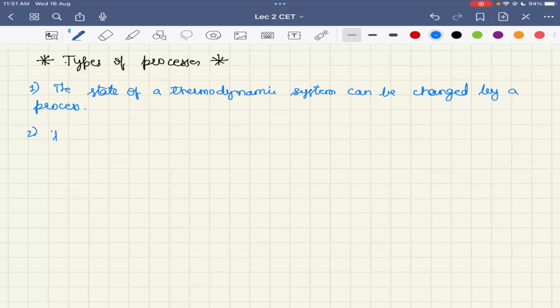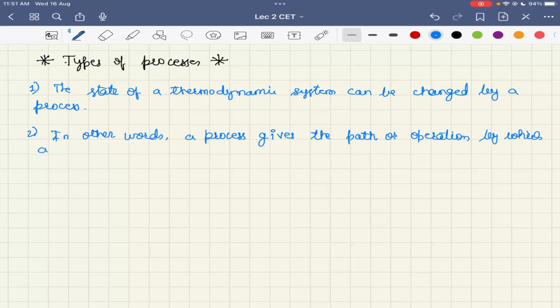In other words, a process gives the path or operation by which a system changes from one state to another,